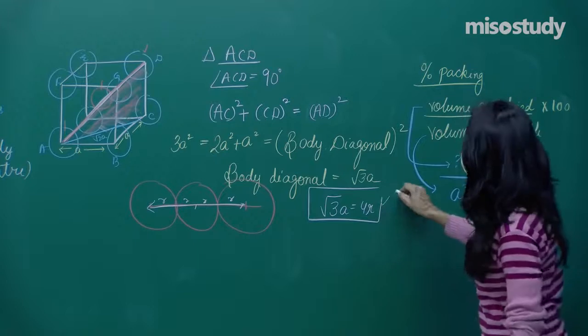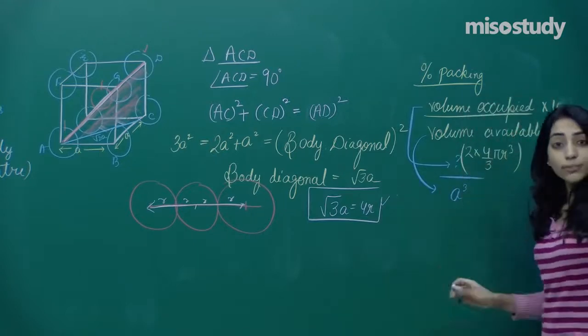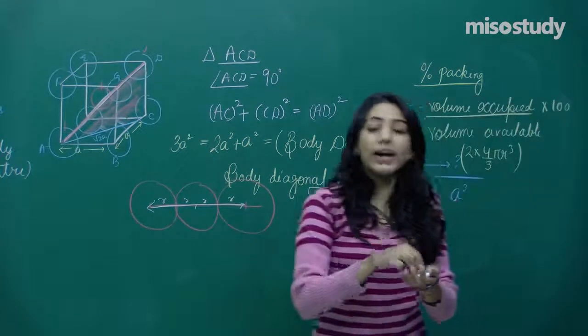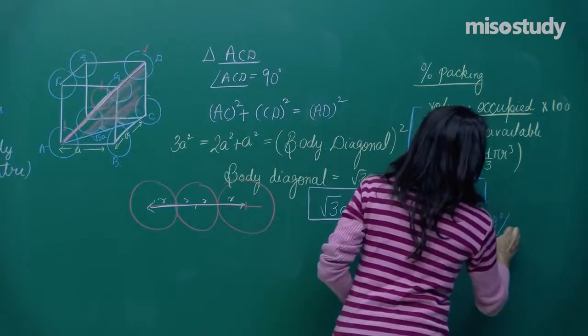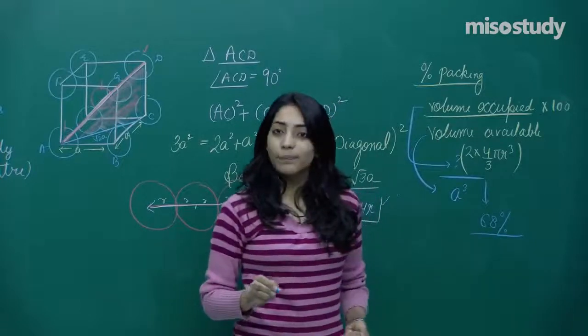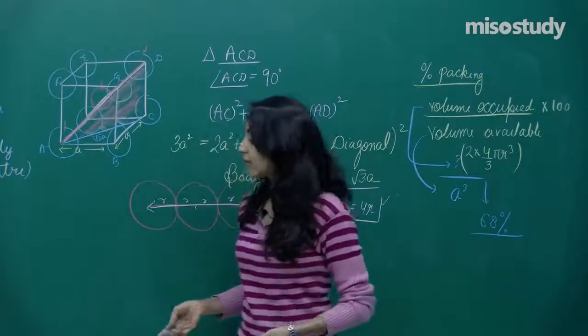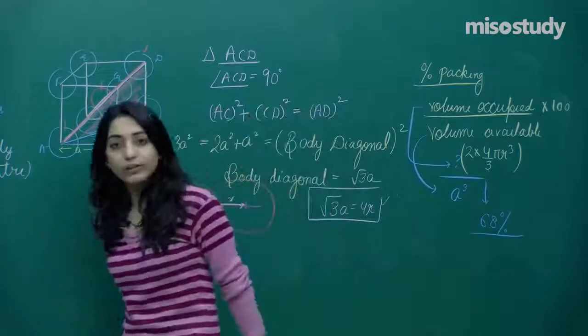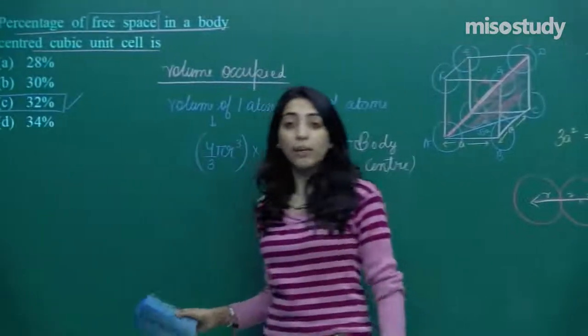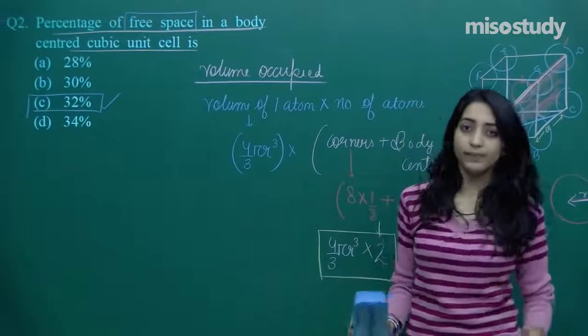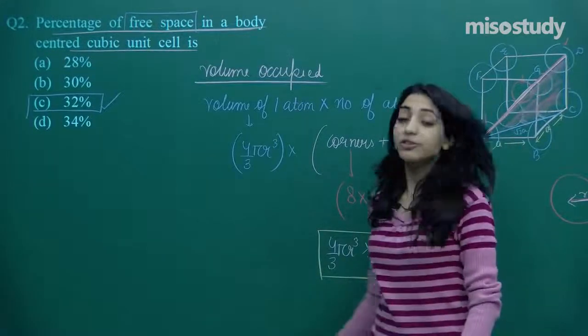So this also, substitute the values. If you substitute the values, finally you will end up getting the total percentage as 68%. Okay? And then you can simply proceed with how I have done the question. Finally you will do 100 minus 68 and the answer will come out to be 32%. Good enough. So this is also done.